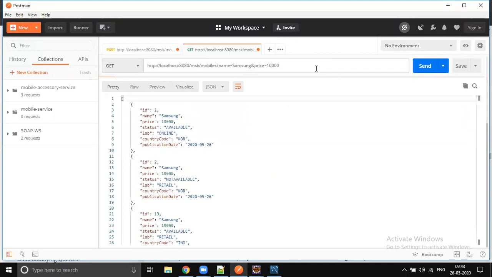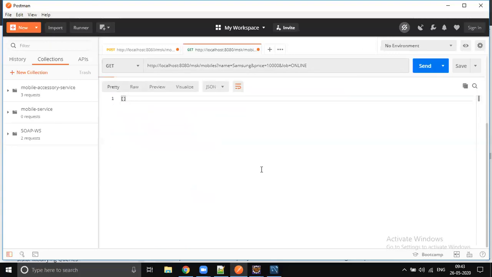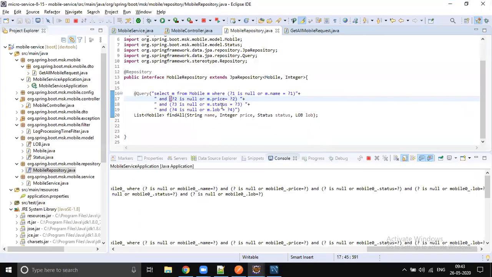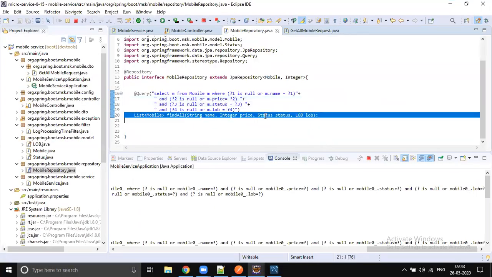I think we should change it to string when we are working with placeholders. So LOB equals online. That has to be changed to string, I believe. Whenever we are using placeholders, enum types are not working. It's supposed to be string.